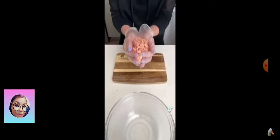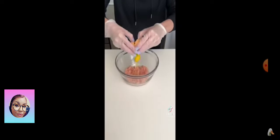Flip my chicken around here, and this is what it should look like when you're done. I'm going to take our shredded chicken and I'm going to transfer it to a bowl. Crack an egg here. We're going to add some salt, a little bit of pepper, a little bit of Italian seasoning, and a little bit of...